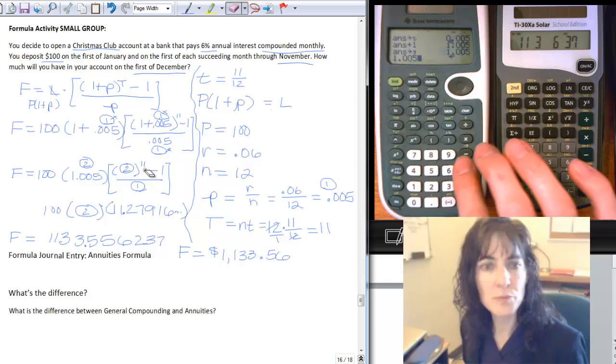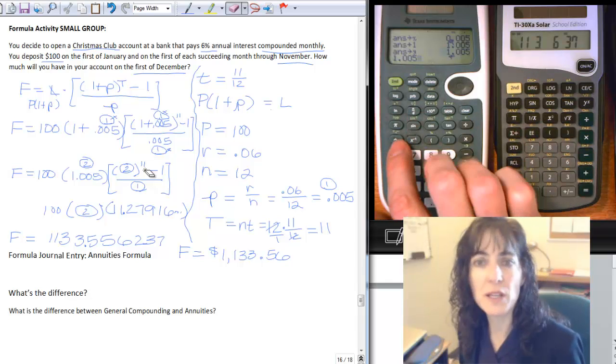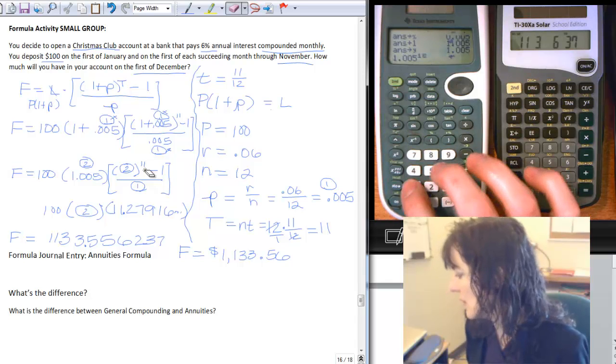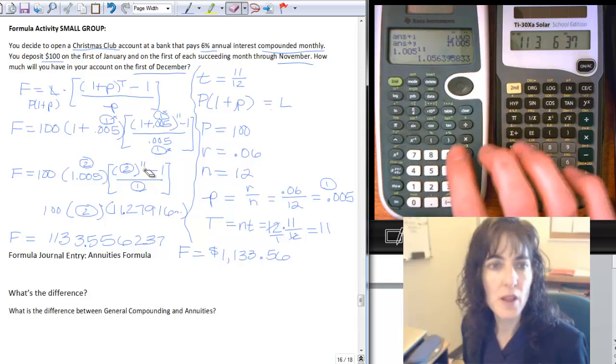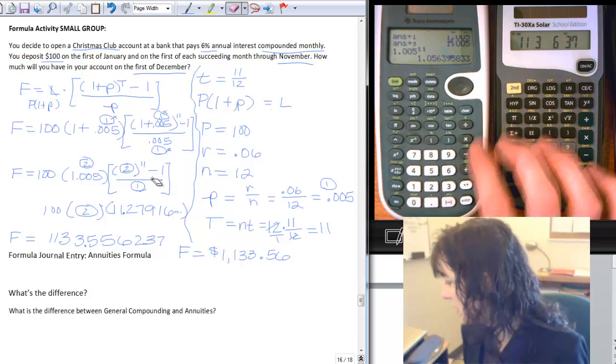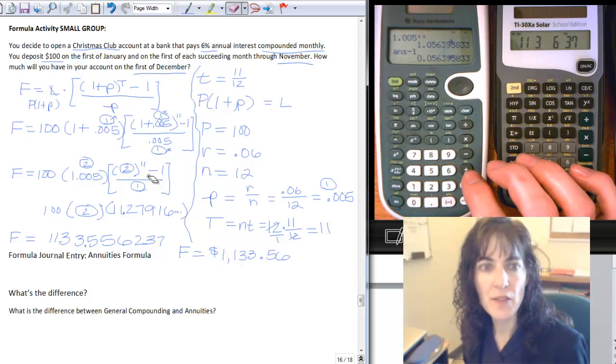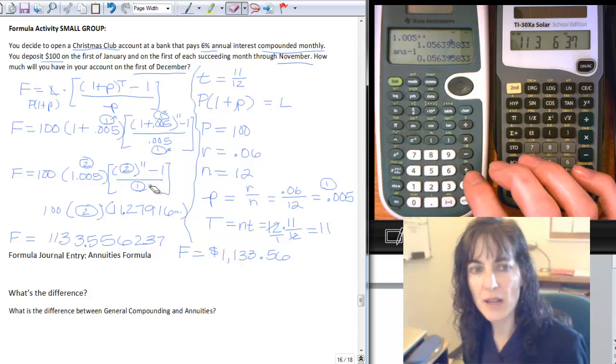Push enter, that puts it into my register, and then I need to take it to the 11th power, so there's my to the key, to the 11th, enter, and then I have to subtract that 1 off right there. So minus 1, enter again,